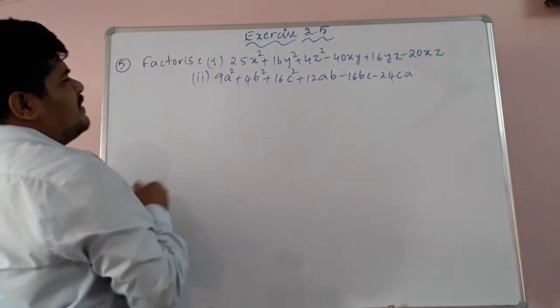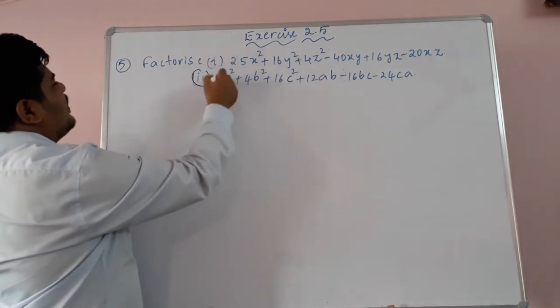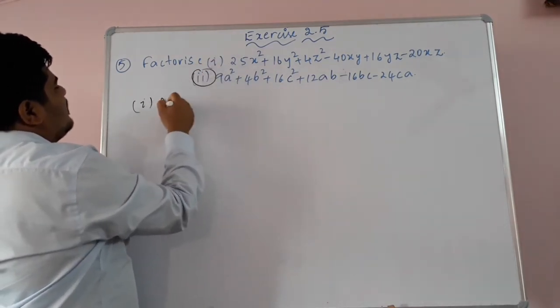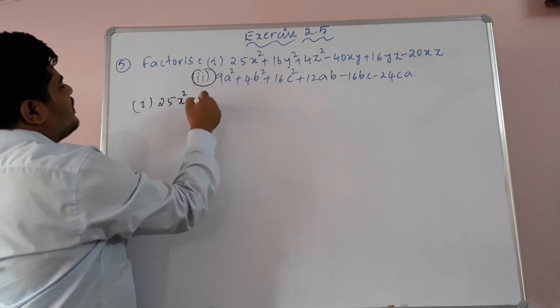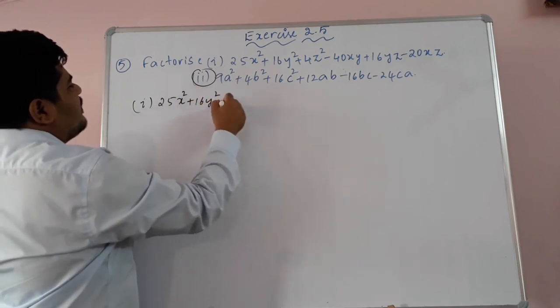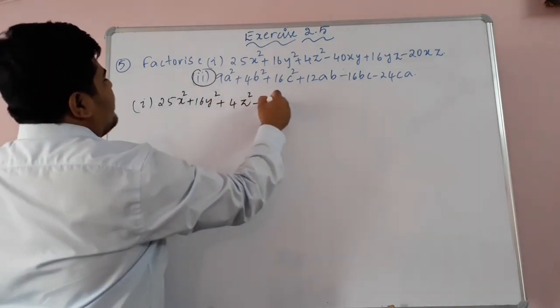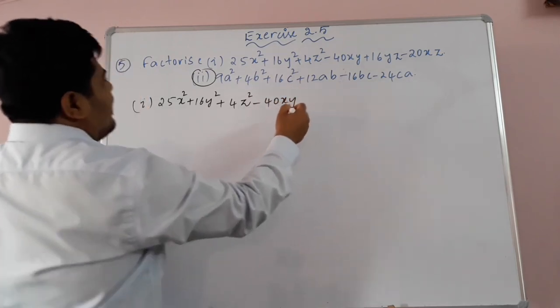So both are similar, children. So we will discuss the first and second you can try. So let's see the problem, children: 25x square plus 16y square plus 4z square minus 40xy plus